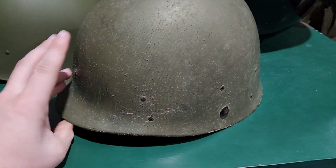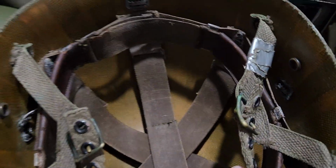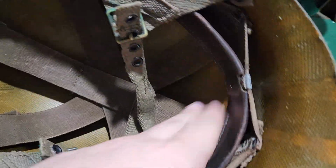Unless it's this type of liner. This type of liner is kind of different. This is an 80s liner. You can see on the inside, the darker color remains on the webbing, with a very light color on the inside of the liner. And with this one, you can kind of see